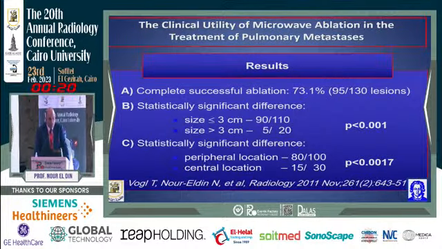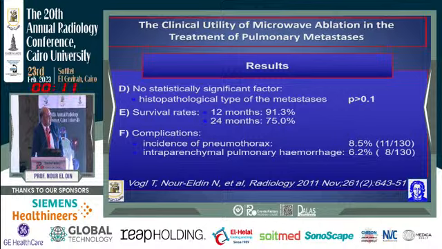I published with our group here in Radiology in 2011 our outcome results for ablation therapy of metastatic deposits. Complete successful ablation was around 73%, and the statistical significance was for lesions up to 3 centimeters. And this is why we have to select the patients in order to induce the best outcome. Peripheral lesions, as we described before, were more controllable than central lesions, and there was no effect regarding the histopathology